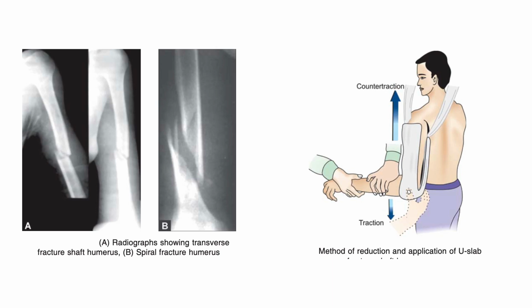This is just to brush up the things from the previous classes, and also the anatomical consideration, because the muscles of the upper arm influence the deformity. If the fracture is between the pectoralis major and the deltoid, the proximal fragment is adducted by the pectoralis major, teres major and latissimus dorsi, while the distal fragment is pulled upwards by the deltoid.